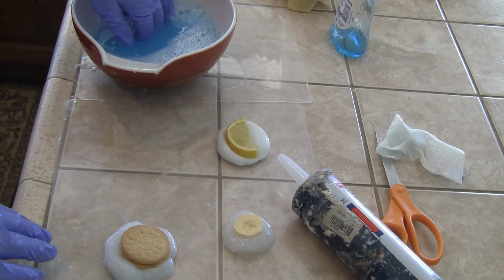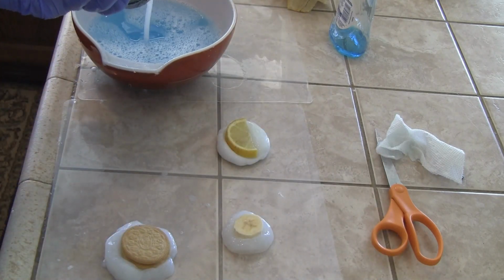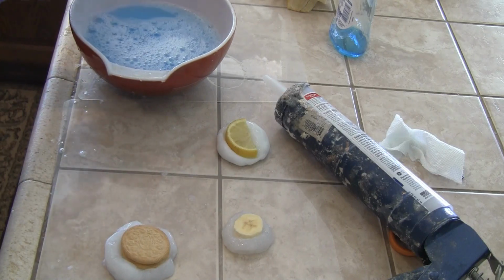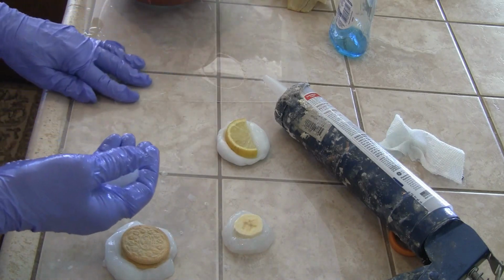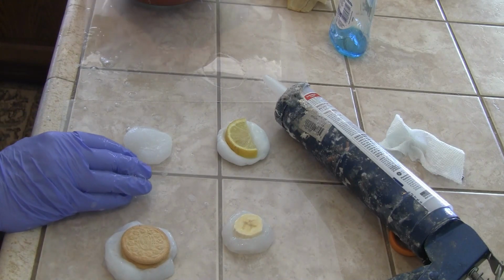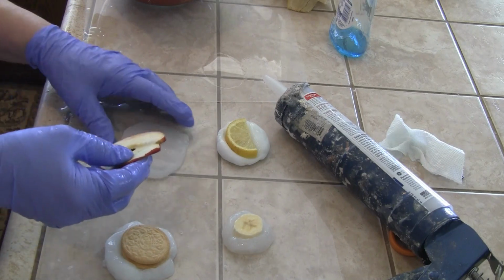Gosh, I should do the apple with this, shouldn't I? Darn it. I don't think the mold's going to be big enough for that apple. Doggone it. I really did want to get a mold like that, of the big one, you know? I think it would be too thin. Yeah, I would need a lot more. Well,